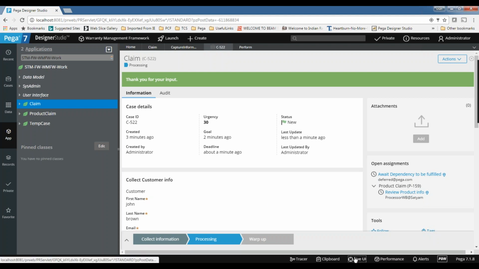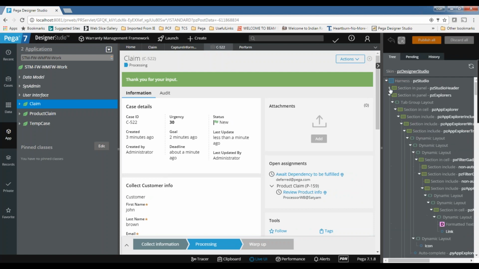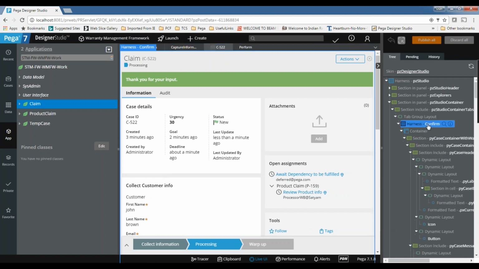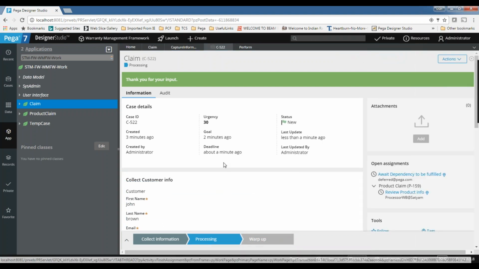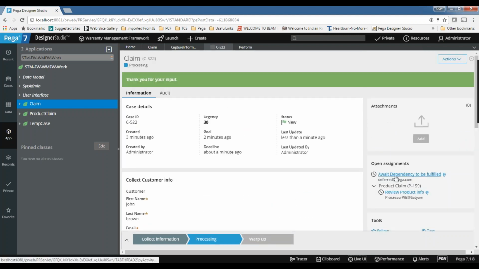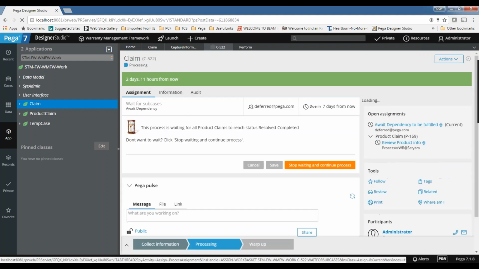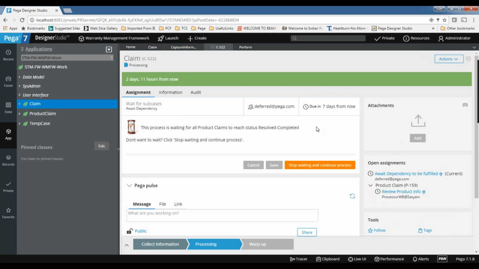If you open the live UI again, now you can see confirm harness here. When you are not performing any action, system automatically uses the confirm harness to display the data. Now when I am clicking this again, I am performing some action. Again this is a perform harness. When you are doing something, that is a perform harness. When you are displaying something with a message, that is a confirm harness.